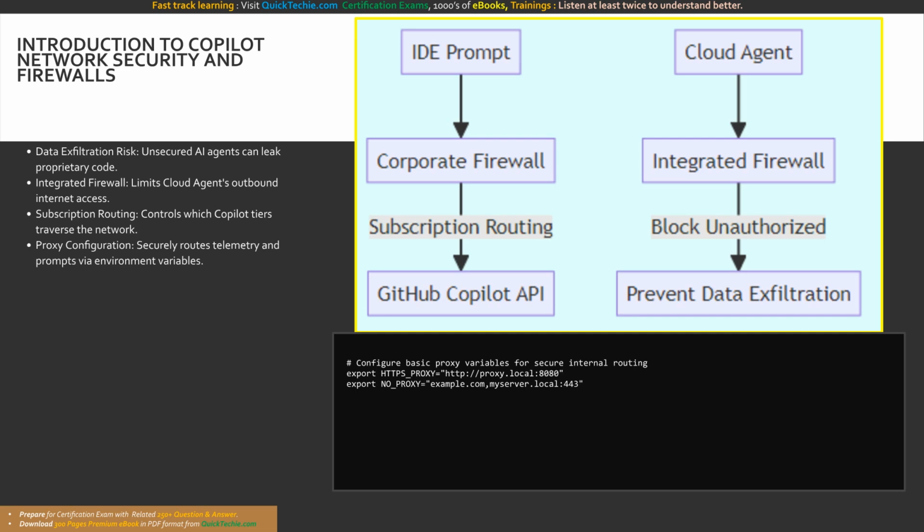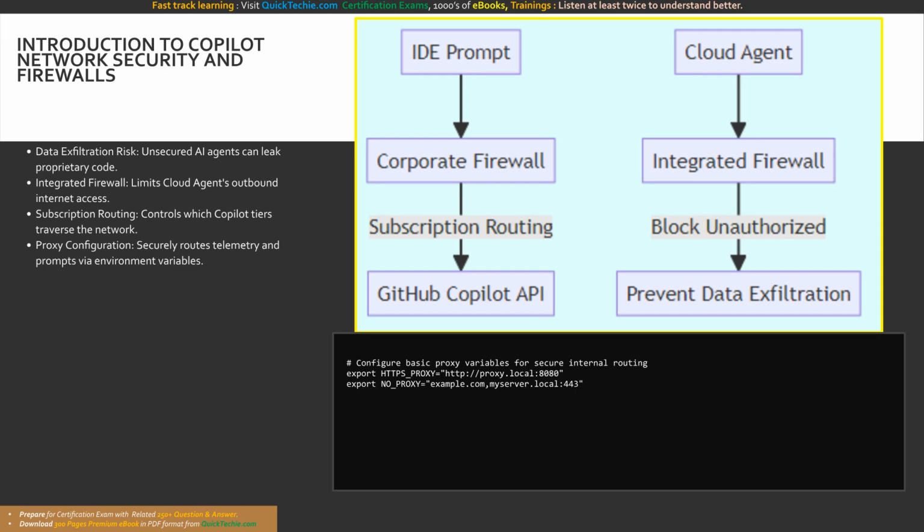As enterprise adoption of generative AI accelerates, securing the network perimeter is paramount. GitHub Copilot requires communication with cloud-based large language models and various APIs to function. Without proper network guardrails, organizations face significant data exfiltration risks, where malicious instructions could potentially leak proprietary source code to unauthorized remote servers. To combat this, GitHub Copilot utilizes an integrated firewall that actively limits outbound internet access from its